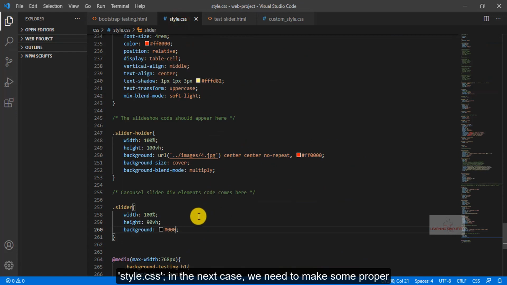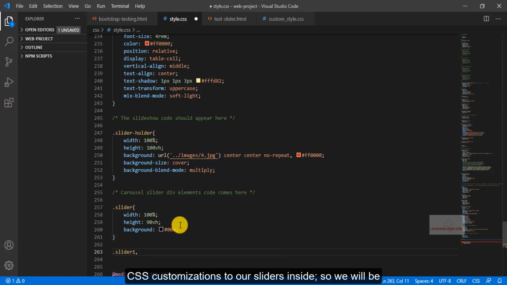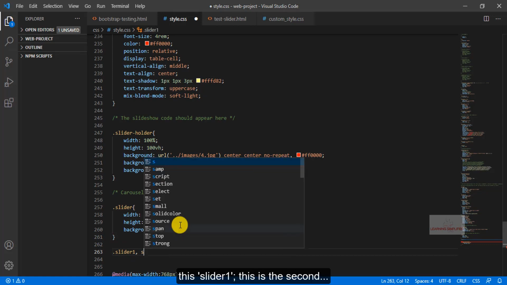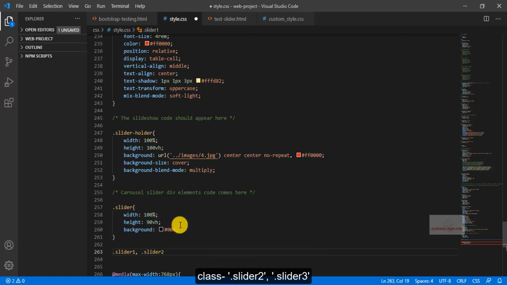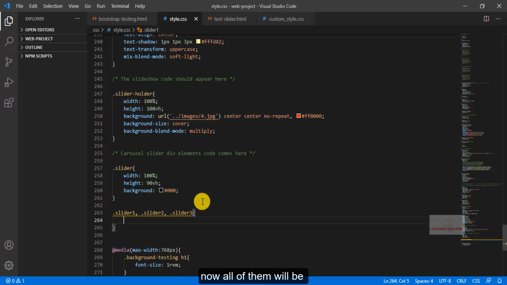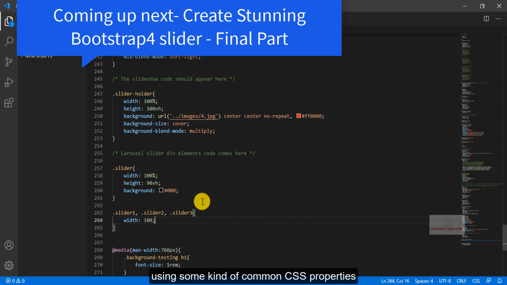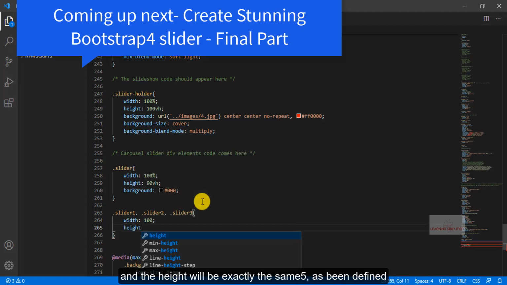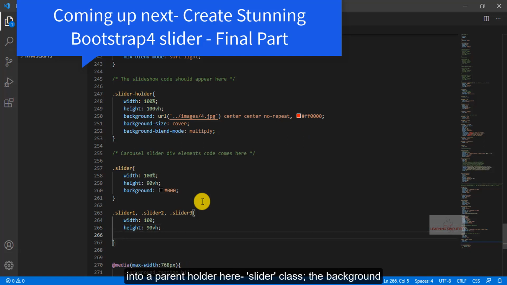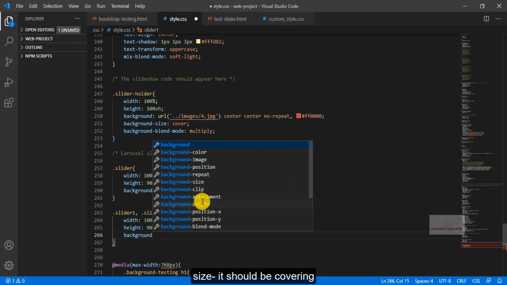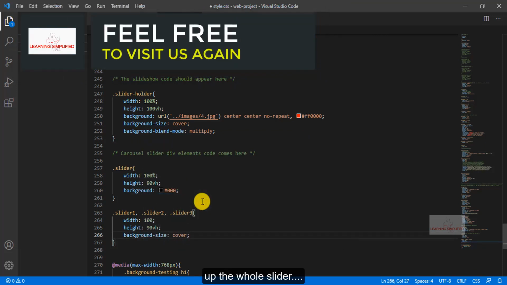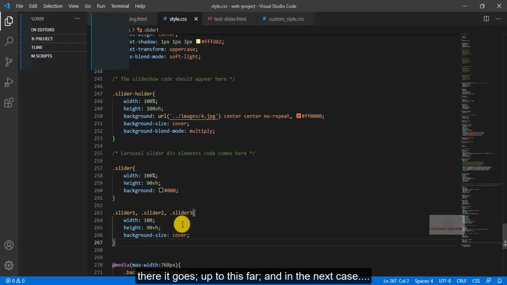Let's head back to our style.css. In the next case, we need to make some proper CSS customization to our sliders inside. So we'll be using slider 1, the second class slider 2, and slider 3. Now all of them will be using some common CSS properties, and the height will be exactly the same as being defined in the parent holder here, the slider class. The background size should be covering up the whole slider. There it goes up to this far, and in the next case